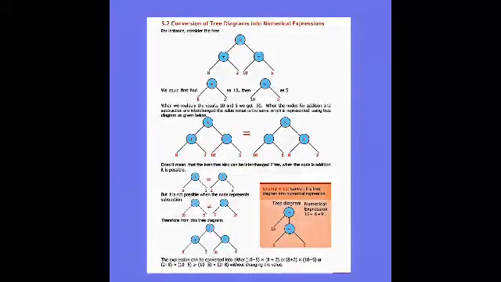Move on to the next question, conversion of tree diagram into numerical expression. For instance, consider the tree: multiplication is the main operation, plus and minus are the additions in terms of 8 plus 2 and 10 minus 5. We should separate the tree diagram, then only we will find the numerical expression. Consider the second node, plus with 8 and 2, we are taking as 10. We are subtracting 10 minus 5, which is 5.